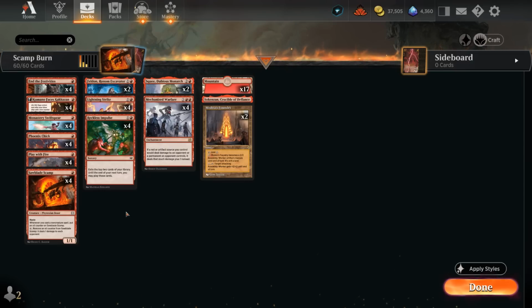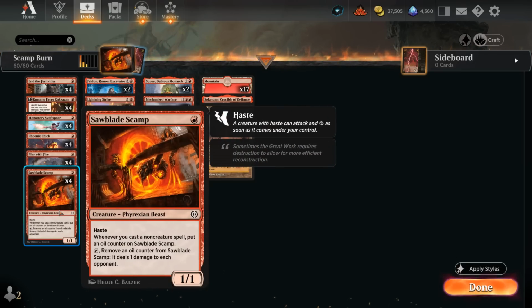Today we're taking a look at Mono-Red Aggro, updated with Phyrexia: All Will Be One, which introduced this little fella. Sawblade Scamp is a 1-mana 1/1 with haste, and says whenever we cast a non-creature spell, put an oil counter on it. We can tap, remove an oil counter to deal 1 damage to each opponent. So the Scamp can simply attack for a bit of damage early on, then once the board stalls out and it can no longer attack, we can just sit back and start pinging the opponent, enabled by our non-creature spells,